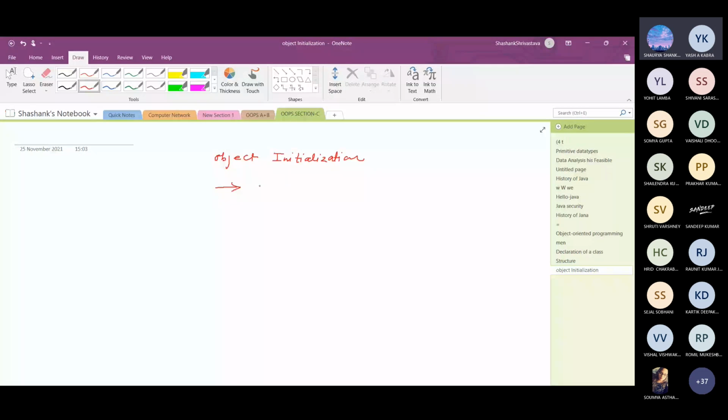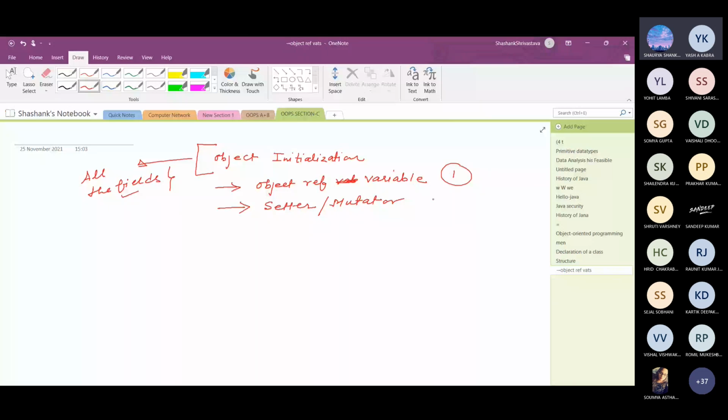One way is by using an object reference variable: just create a reference variable and initialize all the fields of the object. Then, with the help of a setter method, or you can call it a mutator method, we can set the values of all the fields.